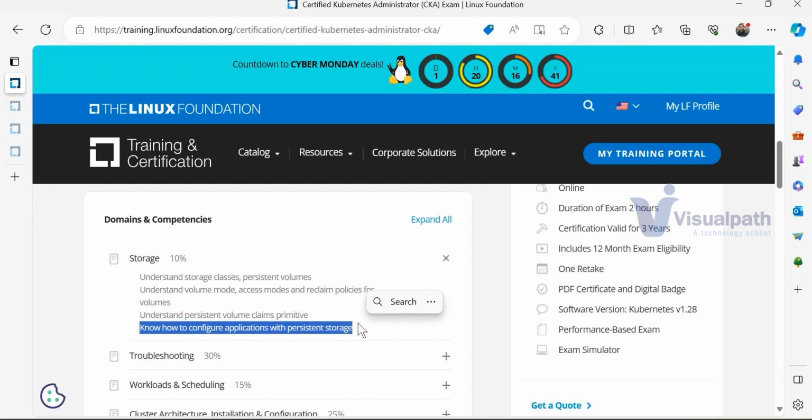So here we will understand the know-how, how to configure an application with persistent storage. Now my application will be integrated so that this data, read and write operation, as and when I'm updating the data, my database should be updated, isn't it? The storage works like that too. So here we will do all that. Don't worry about it, it's on me, and I'll be teaching you all that. All right, so this is a 10% weightage.